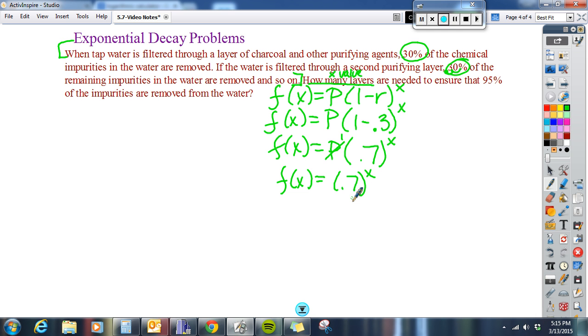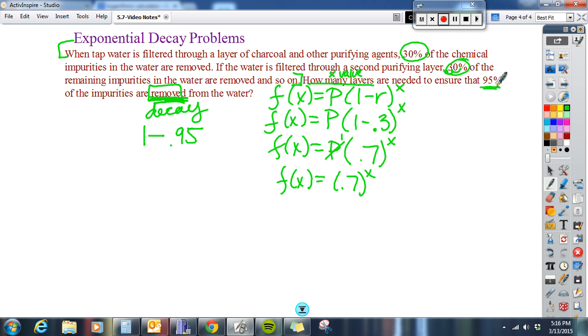So we need to figure out, though, what we're solving for. So this question says, how many layers are needed to ensure that 95% of the impurities are removed from the water? Okay, so this 95% is the function, is our f of x, all right? How many layers? It's asking us to solve for x. So how many x's, how many layers will we need to make this f of x a 95% removed? Okay, it's important this is removed because we're talking about decay. So this is not just 95%, it's that 1 minus